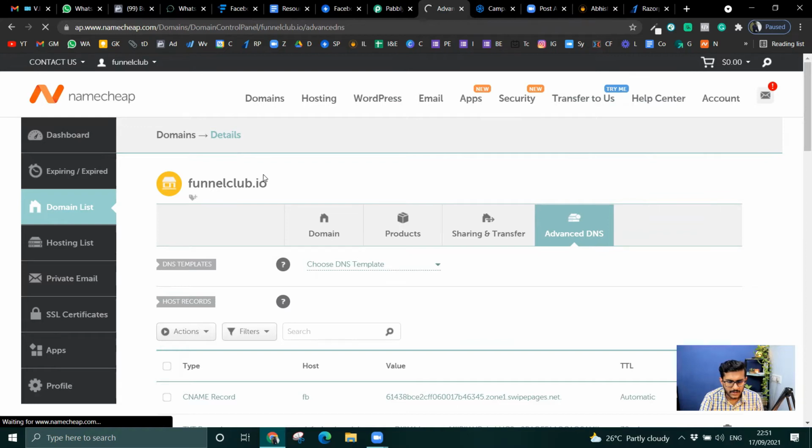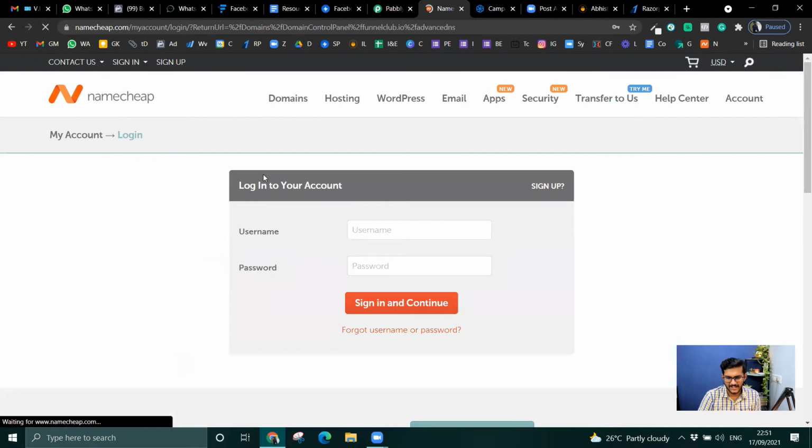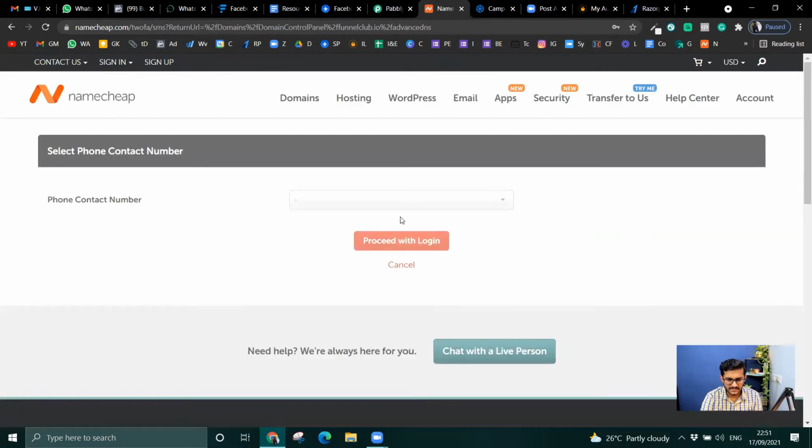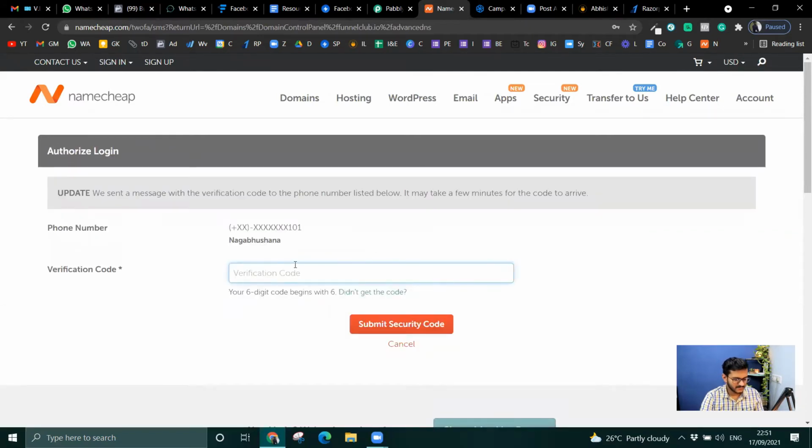Let me check. Yes, that was the issue. So they have one of the good security options. Even GoDaddy, every domain name provider has it. So I will get an SMS now to verify.